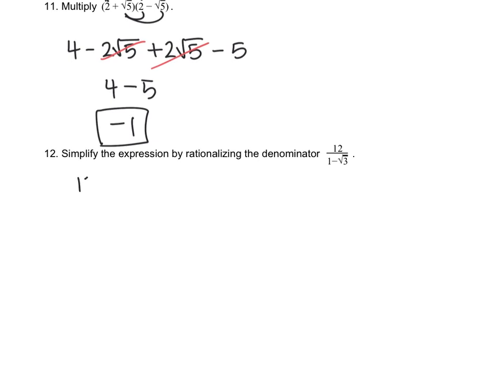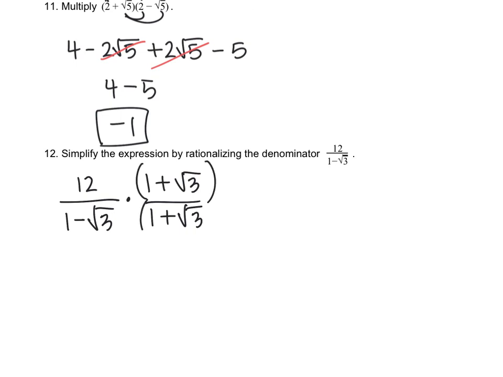So our last example, we want to simplify, and we're going to rationalize the denominator. So we don't like leaving radicals in the denominator of a fraction. We don't know what it means to divide by a radical. So what we do is we multiply by its conjugate so that we can get rid of all of the radicals in the denominator. So the conjugate of the denominator is just the opposite operation. So the conjugate of 1 minus radical 3 is 1 plus radical 3,